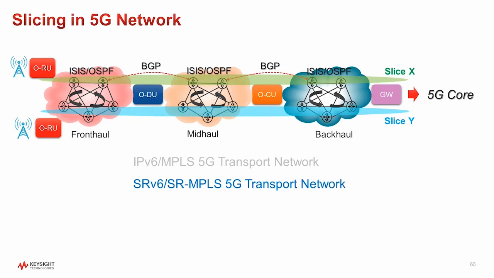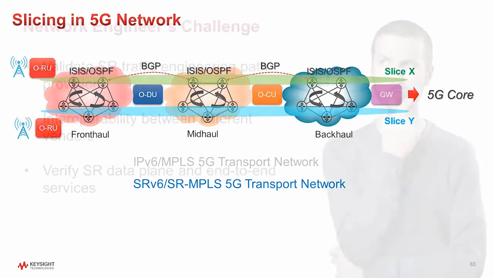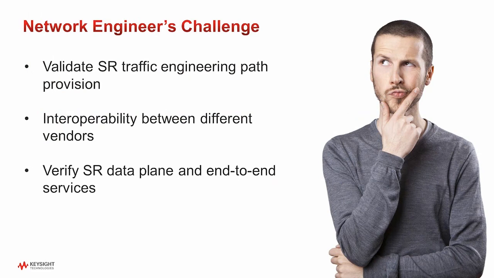There are various technology choices being discussed to enable network slicing in the transport network. Operators are going to evaluate different options and select the technology based on the use case and their own infrastructure for the best service offering. And they will see which of these technologies provide operational proficiency. So validation is the key for the network design here. From vendor selection and field trial all the way to deployment, validation is absolutely important.